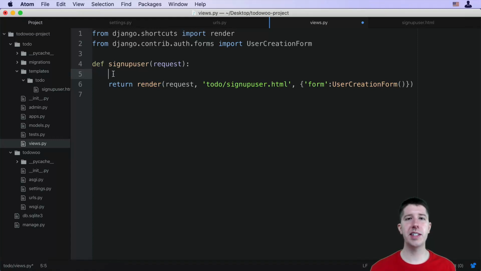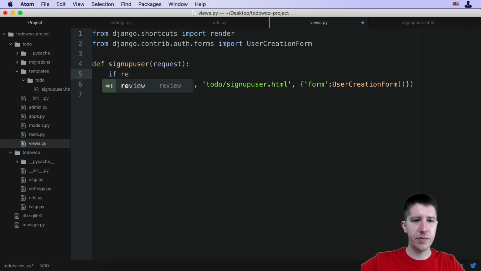So we need to be able to distinguish if someone's trying to do a get or a post. And the way to do that is quite simple. We just check this request object. You've been wondering, why do we always have this request that comes into this function and we have to pass it through to the render? Like, why is it even there? Well, it's for situations like this, so that we can say if request